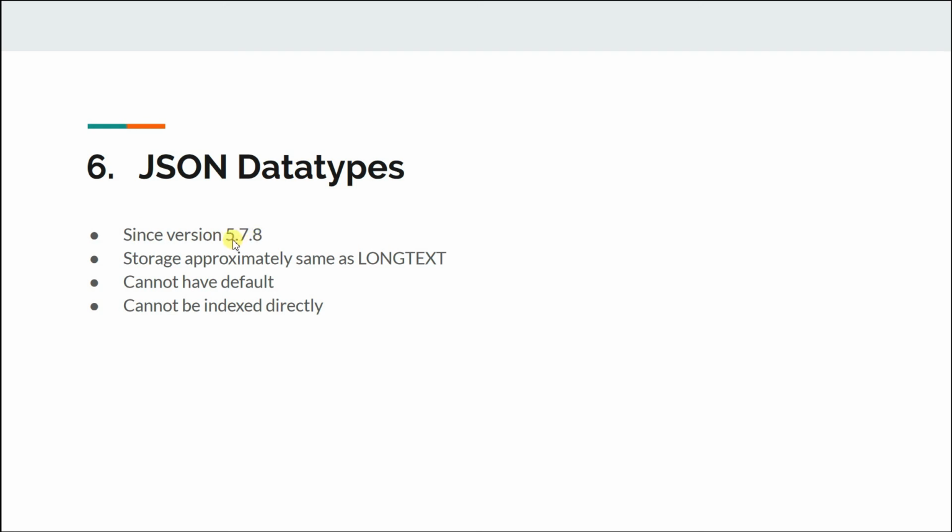Now you can choose to store it as varchar or char or text itself, and it is stored as a long text. The size is as long text, as I have already told you. If the size is small, you can store it as varchar itself or char itself, and these data types cannot have a default. Okay,